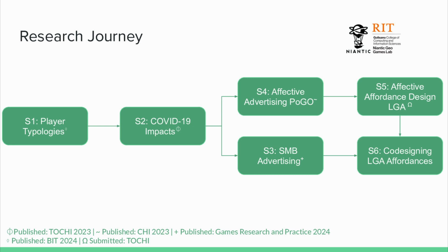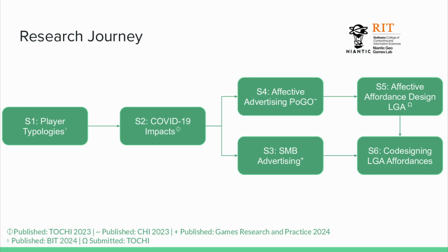The numbering is the order that they were executed in. The first 2 are exploring mainly the first 4 research questions or so. Specifically, the first one is dealing with player topologies, trying to understand who the players are of various location-based games. The second one was opportunistic research because COVID-19 obviously happened when I started my thesis. So it was a pretty great opportunity to investigate how COVID-19 altered relationships with location-based games.